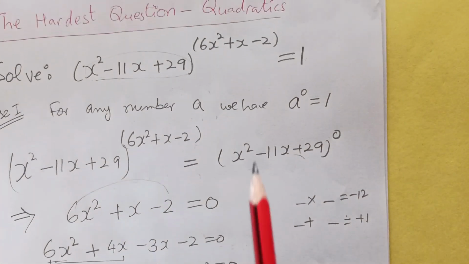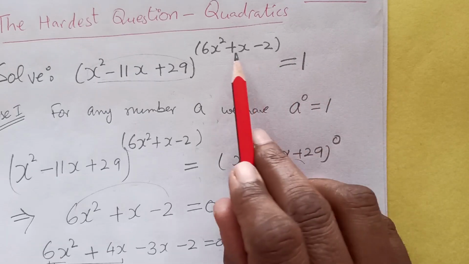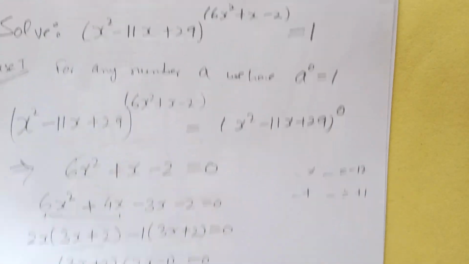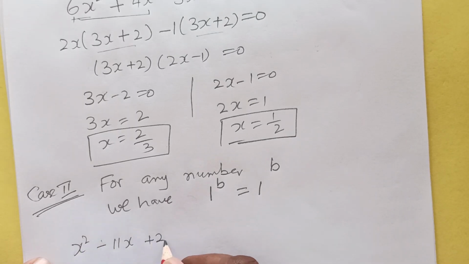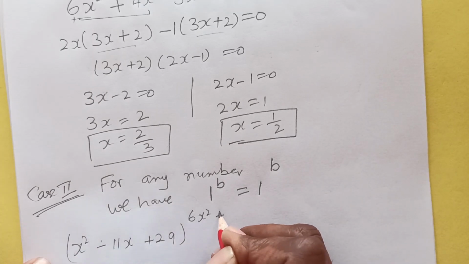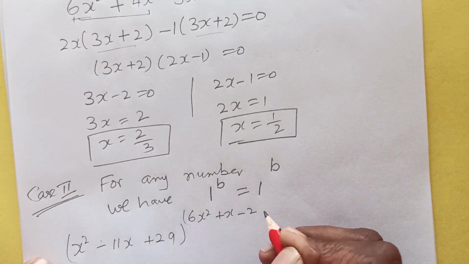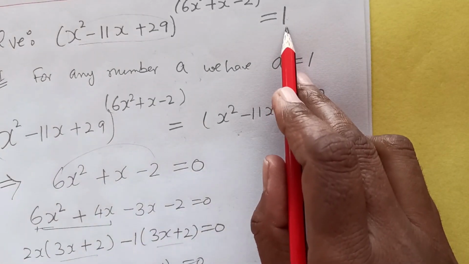So that will leave us to write this a to the power of this, to make it same. So I'm rewriting this one: (x squared minus 11x plus 29) power (6x squared plus x minus 2) equals 1. This 1 we can write down